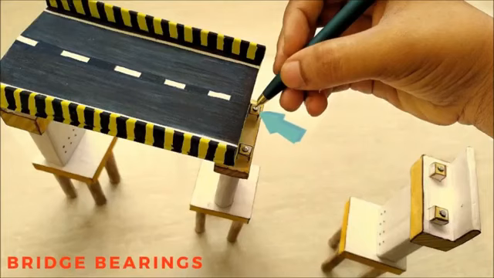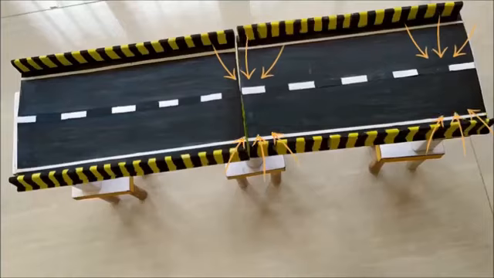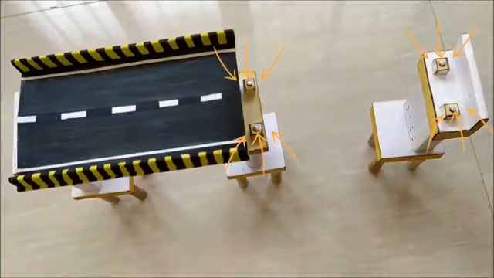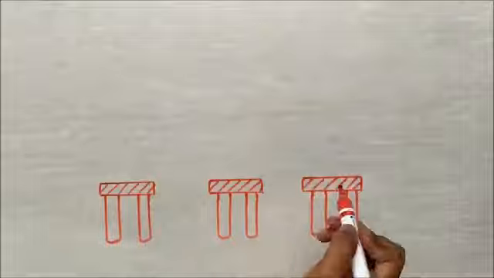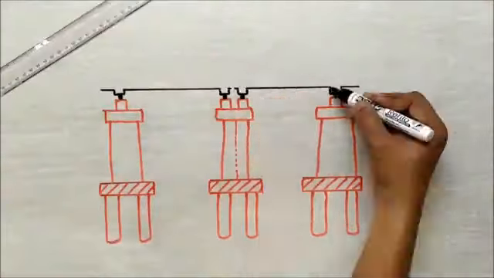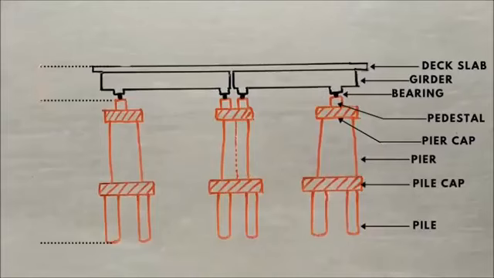Bearings, the critical elements of the overall bridge system. It's a small part of the overall structure cost, but if they function improperly, they can potentially cause a failure of the bridge structure. A bridge mainly consists of two major parts, superstructure and substructure. The portion of a bridge structure from the bearings upward is called the superstructure, and below the bearings it is called